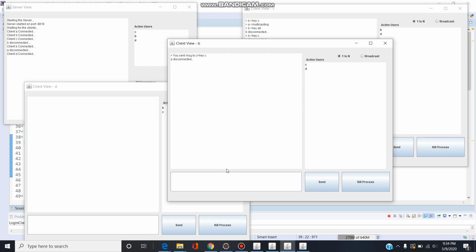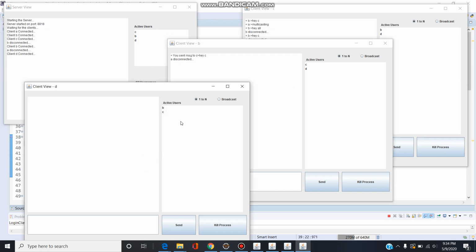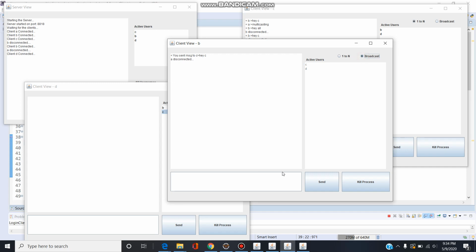Now unicast and multicasting are the same thing. You can send a message to a particular user. But if I broadcast my message, this was the requirement of the project. I have used the names A, B, C, D. Right now user A is not active, but if I broadcast, it must show me which users are not active right now.